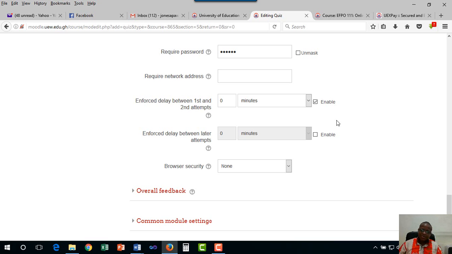So maybe the person had the first attempt and had 6 out of 10. Should he or she immediately start the second attempt? If not, then you can give maybe 30 minutes. The person should go and read and come back. Then after the second attempt, the delay between later attempts, do you want an hour? So that's how this works, so that the person will not be playing with it for